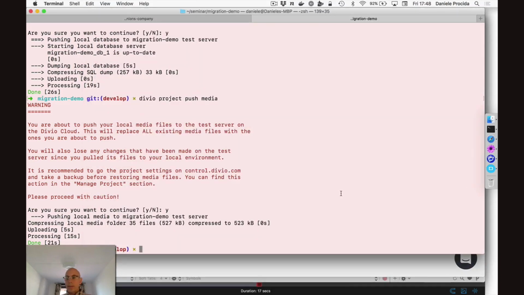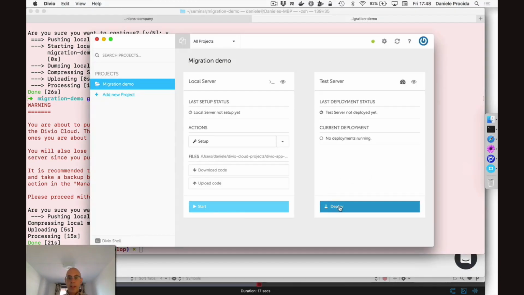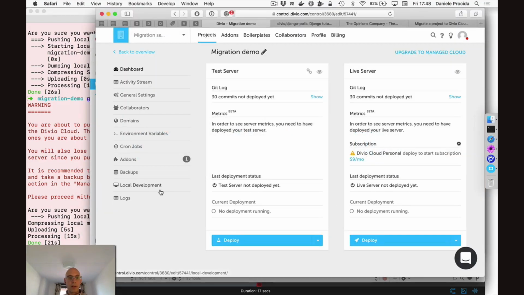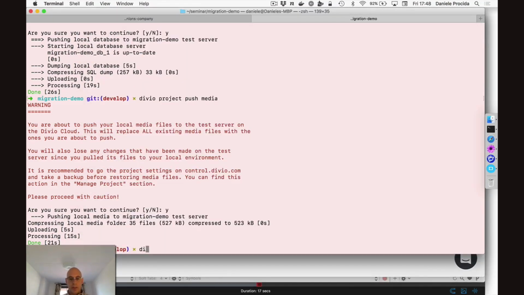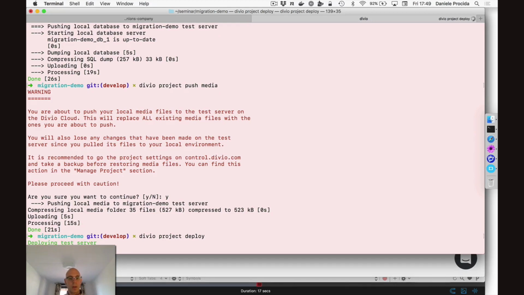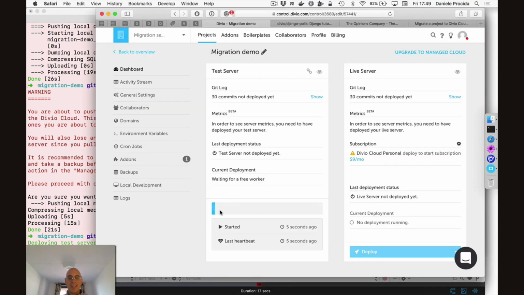Great, and that's done. So now we could actually deploy from the desktop application, from the control panel, but I like to do it here. Divio project deploy, and this is the moment of truth. And once again, we're connecting to our API, and you can see the deployment's running here. The deployment should generally take less than 2 minutes,